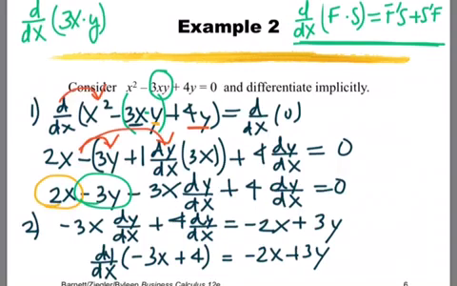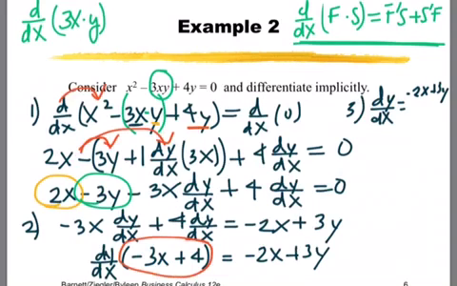So if I solve for dy/dx in step 3, I'll divide both sides of the equation by negative 3x plus 4. So I'll get negative 2x plus 3y over negative 3x plus 4. And in this case, since the top part and the bottom part start with a negative